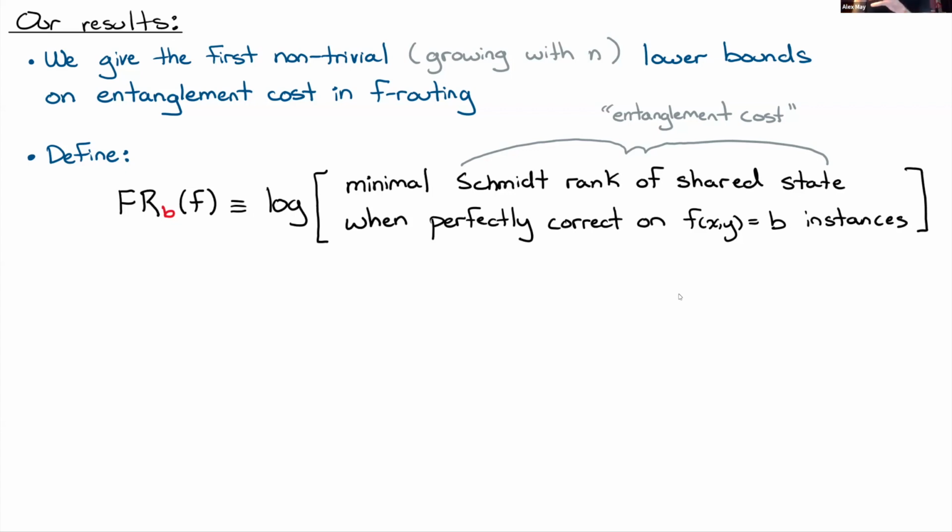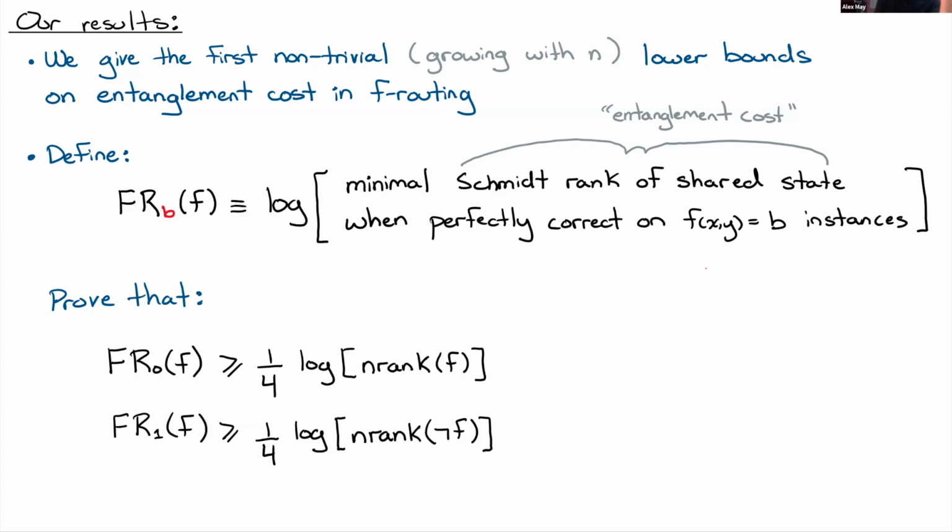Okay, so to characterize those two cases, I have these two different measures of entanglement cost, which are indexed by this subscript b, which can be either 0 or 1, depending on whether I'm talking about perfect correctness for 0 cases or 1 cases. And this quantity is the log of the minimal Schmidt rank of any shared entangled state that suffices to implement the F routing task with the appropriate form of perfect correctness. So that's our measure of entanglement cost. What do we then prove? Well, we show that